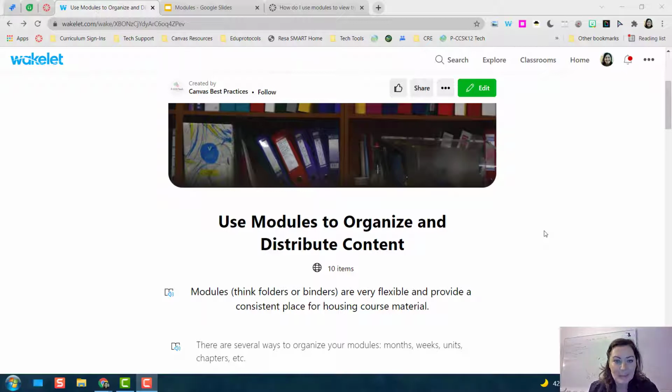And if multiple teachers have multiple different places, maybe you go to announcements, or maybe you go to assignments, or maybe you go to modules. It is helpful if that one place is modules. And we believe that modules are incredibly flexible to fit whatever your system might be. You can organize them by months, weeks, units, chapters, days, whichever it is that feels right for you and your